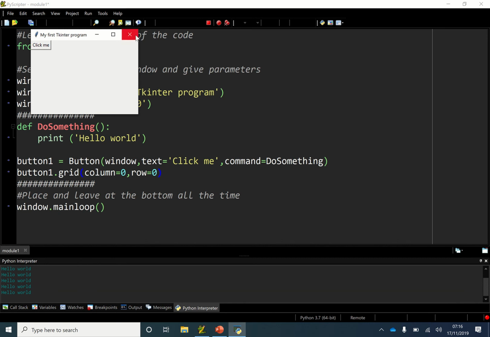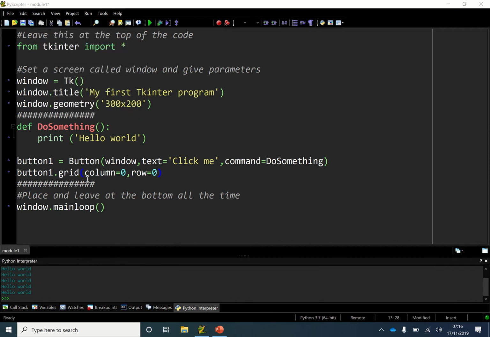Now let's say I wanted to change the value of hello world, and I wanted it to be something that was passed in by the button itself. So let's say I wanted to have multiple buttons that could run the procedure do something. What I can then do is change this command value to pass in a parameter, and the parameter in this case is going to be